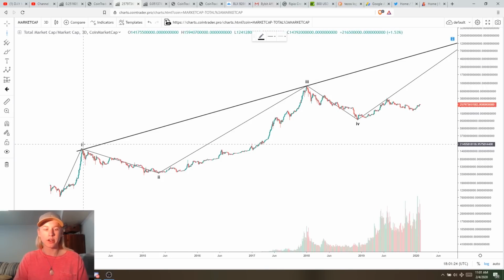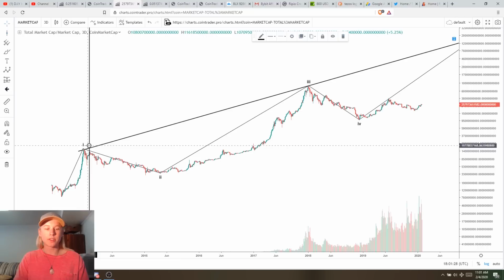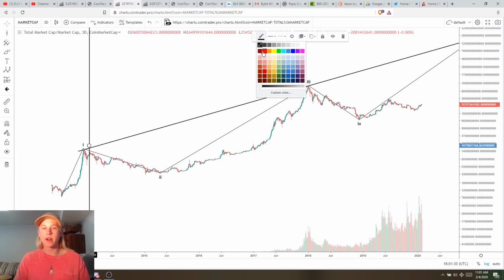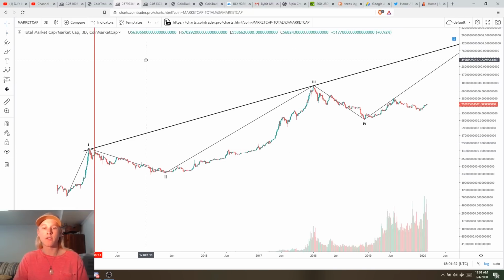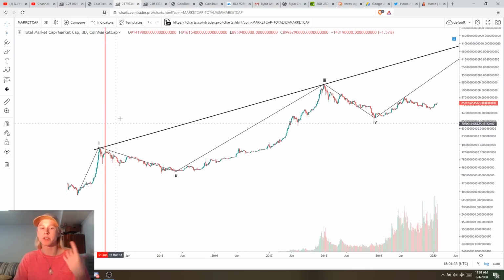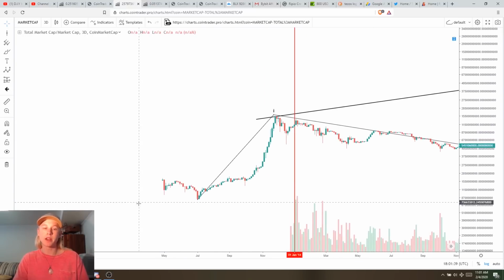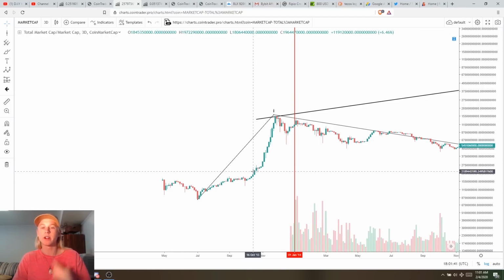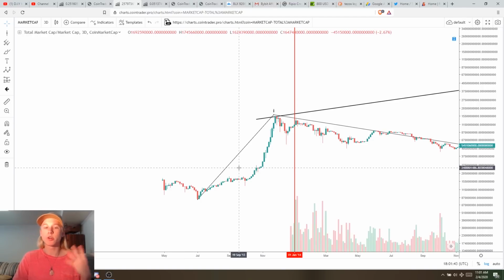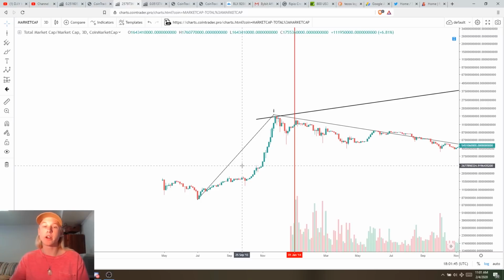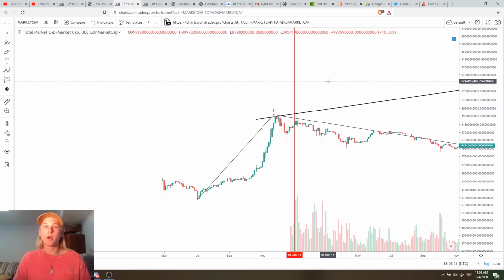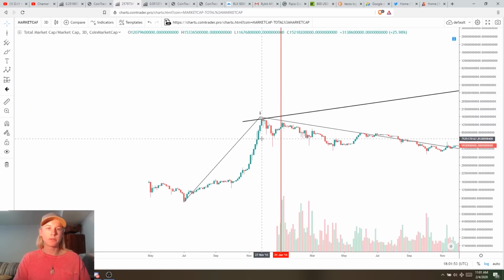So if we go through here, let's label the 1st of January. The 1st of January, for whatever reason, is a strong time of reversals, whether it's on the upside or on the downside. Now, Bitcoin had its major rally, and Bitcoin itself even rallied from way below here, but altcoins weren't around. And so the total market cap is going to be mirroring the altcoin market cap as well. Based off of the altcoins, they've only been around for really a 1 wave and a 3 wave, whereas Bitcoin's been around for much longer.